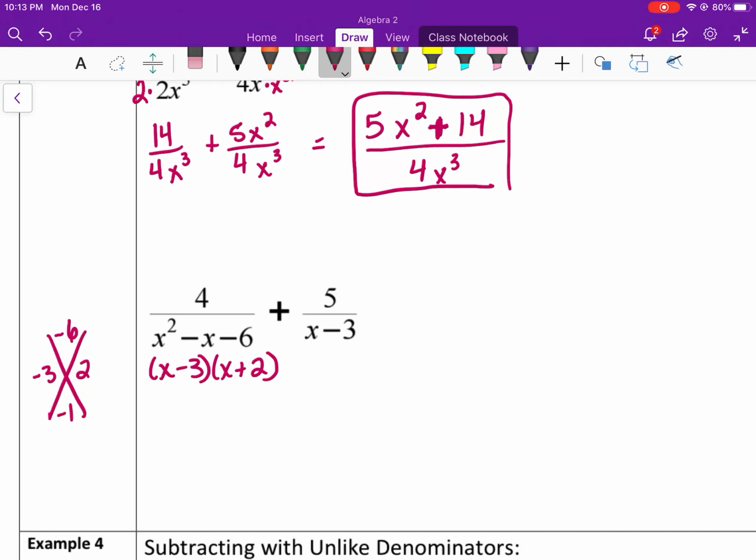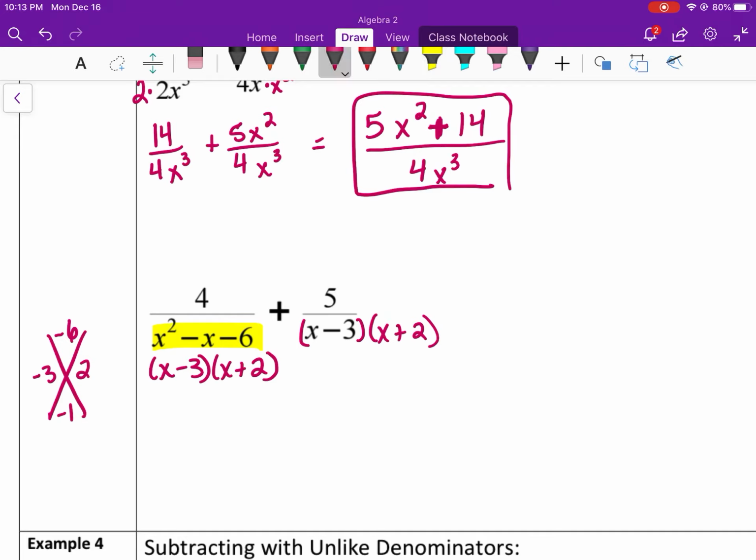So my second fraction has an x minus 3, but it needs an x plus 2. So x minus 3 and x plus 2 is going to be my lowest common denominator. Or essentially, x squared minus x minus 6 is your lowest common denominator. This